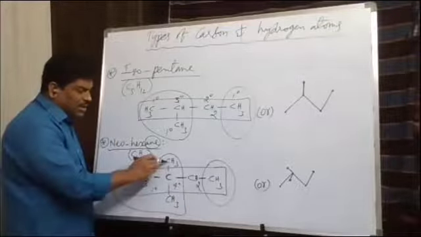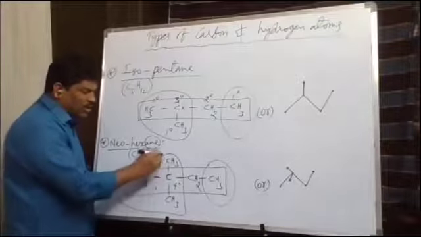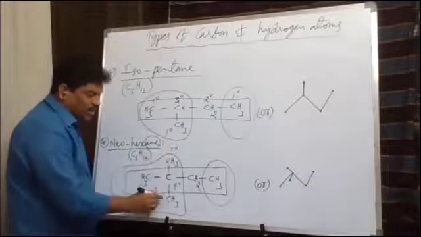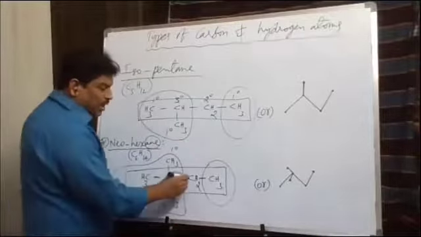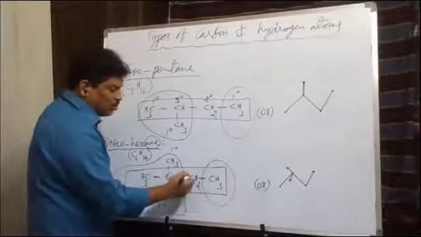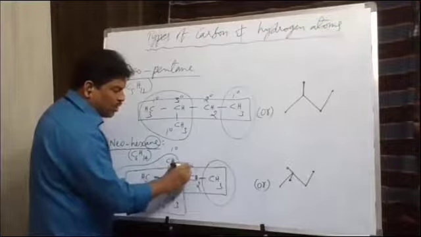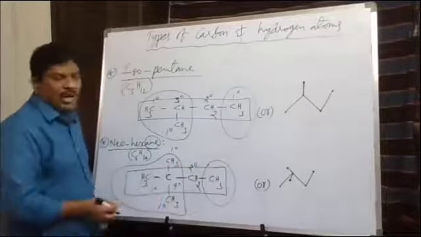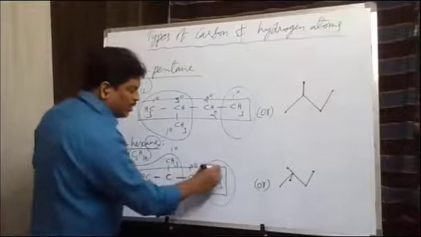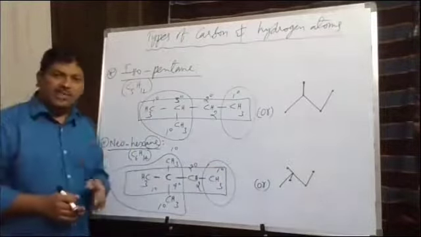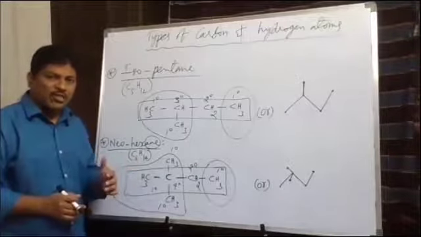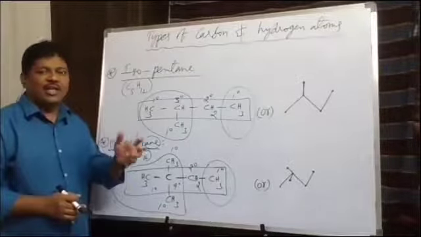And this carbon is attached to only one carbon, right? So it is a 1 degree carbon. This carbon is also attached to only one carbon, so 1 degree carbon. Here this carbon is directly attached to 2 other carbons, so it must be taken as a secondary carbon atom, and this carbon is a primary carbon atom. In this way we have to identify primary carbon atoms, secondary carbon atoms, tertiary carbon atoms and quaternary carbon atoms.